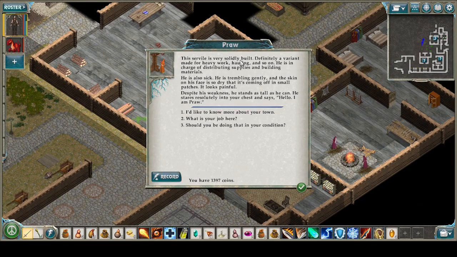The Servile is very solidly built, definitely a variant made for heavy work, hauling, and so on. He is in charge of distributing supplies and building materials. He is also sick. He is trembling gently, and the skin on his face is so dry that it's coming off in small patches. It looks painful. Despite his weakness, he stands as tall as he can. He stares resolutely into your chest and says,